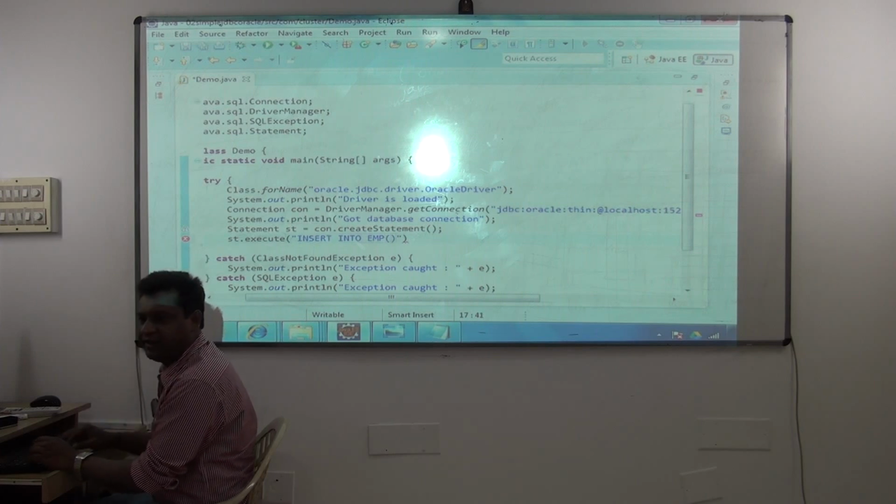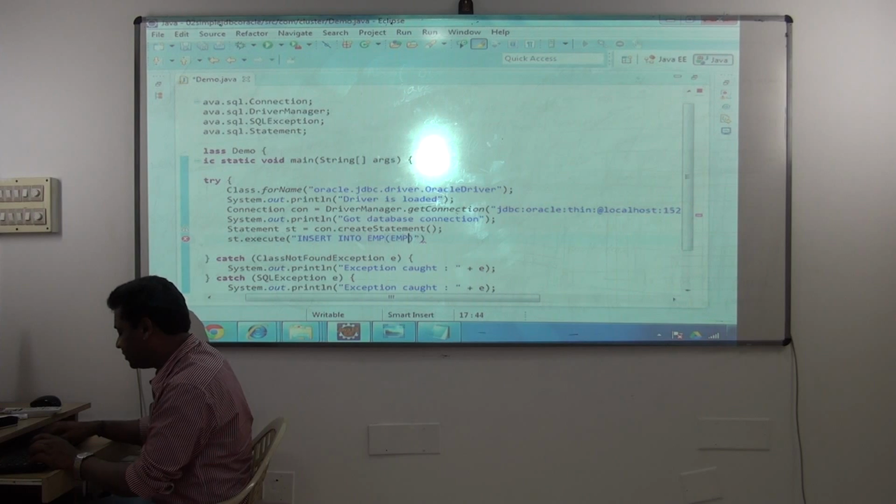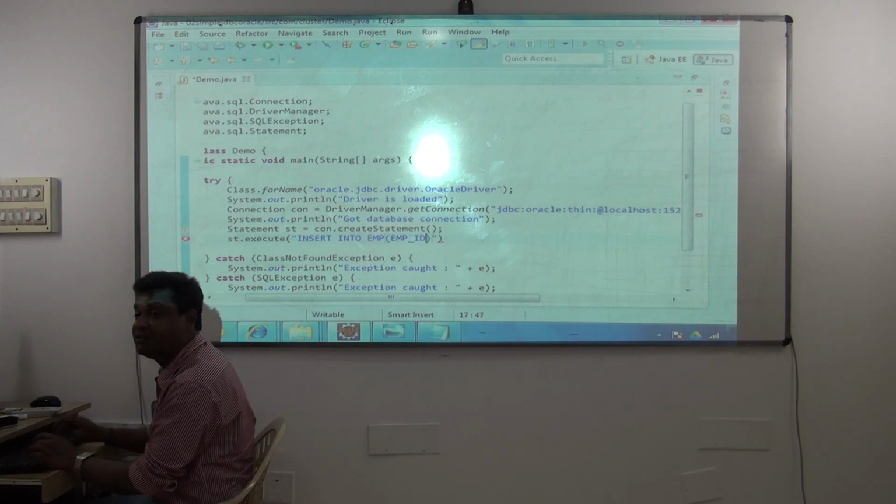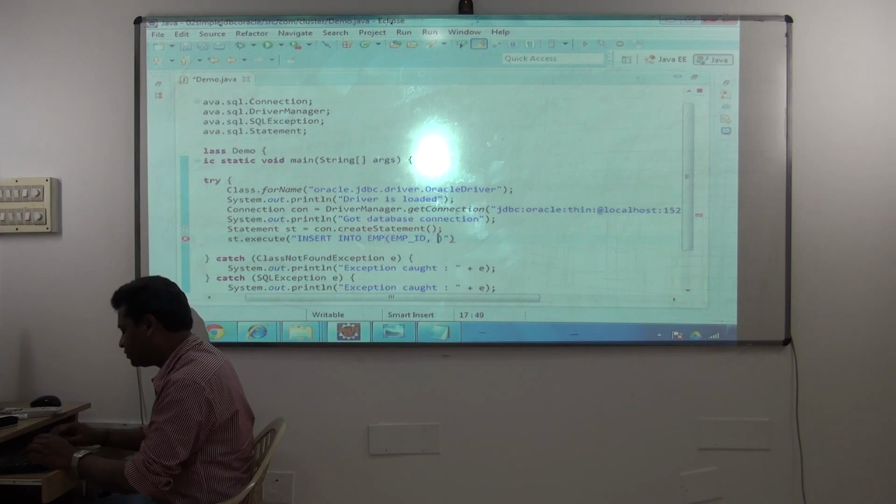See now, here it becomes very clear. I could have given the values directly, but don't do it. Always use what? Into which column you are inserting which value. It is very clear now. So practice writing queries like this. Employee ID, next what? Name, comma, salary. Then next,